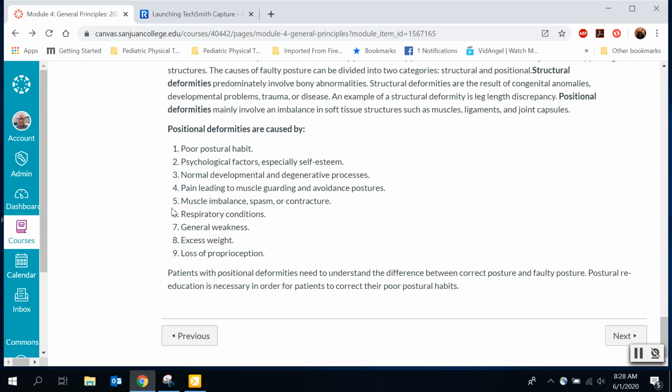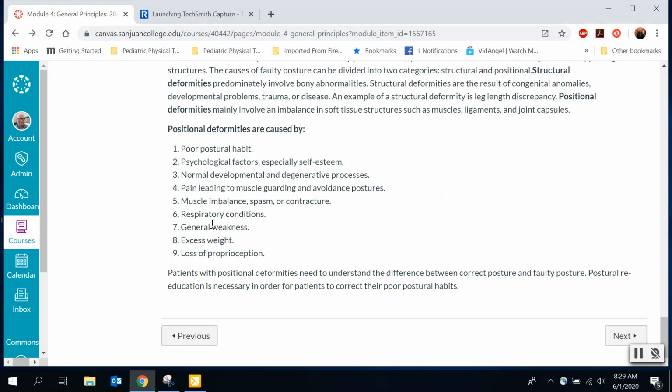One muscle can be too strong, your agonist could be too strong, the antagonist could be too weak. They could just be tight, or like, we've studied contractures now. A muscle could just be stuck in a position because you held it that way too long. Respiratory conditions, people that really struggle with breathing will start to kind of change their posture to try and compensate and make breathing easier,